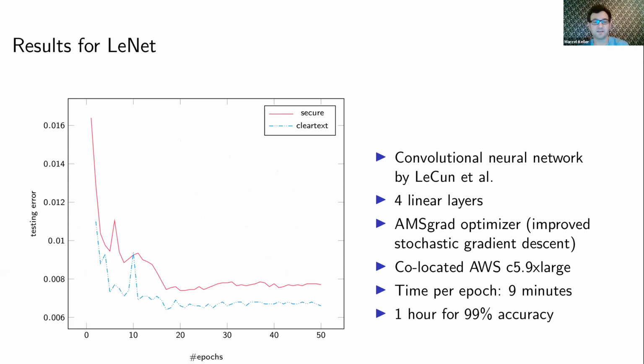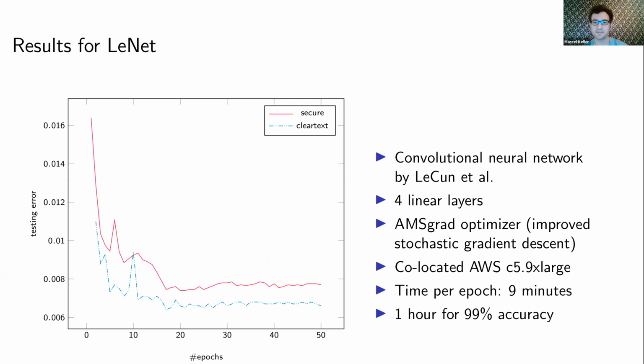We have implemented this LeNet model, named after LeCun et al., the famous machine learning researcher. It uses 4 linear layers. As I've mentioned before, we use the AMSGrad optimizer, which is an improvement on the better known SGD,